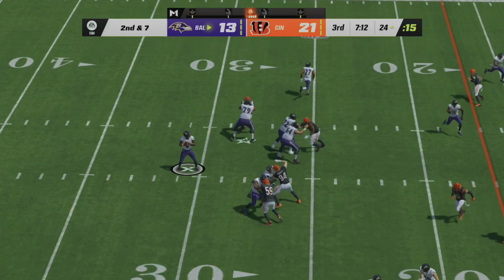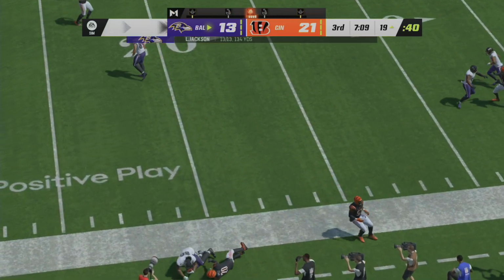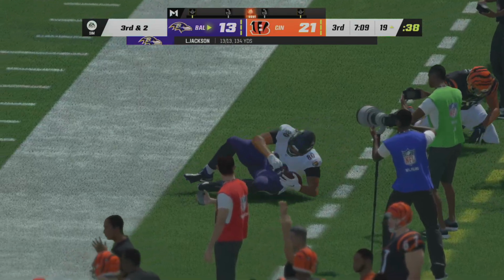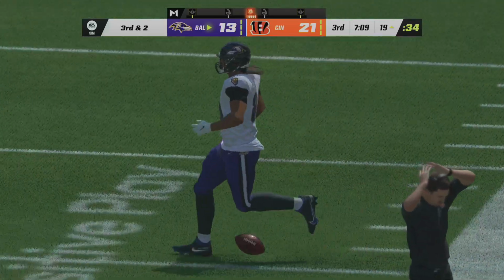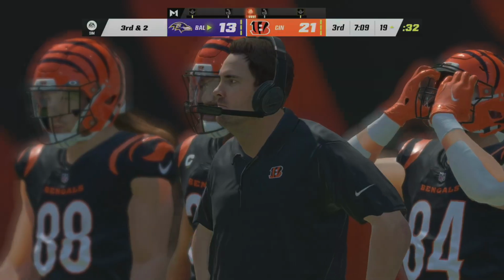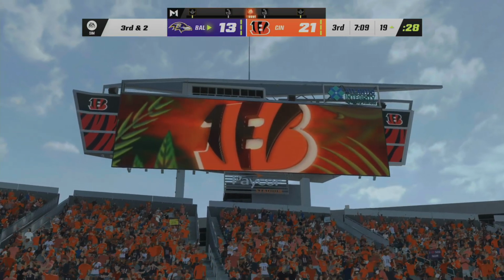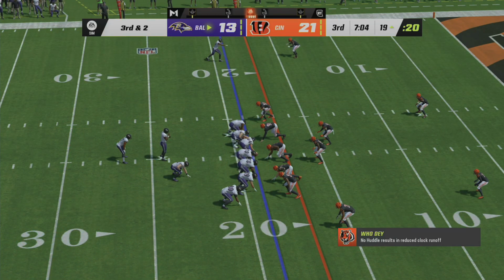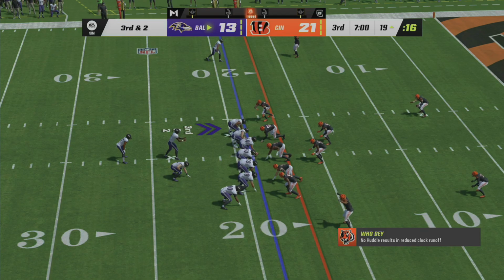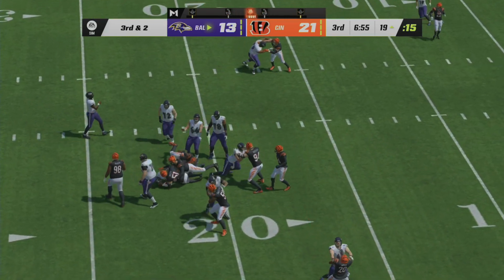And now Jackson will look to throw it. That's going to be complete on the sideline, but, you know, that throw left him no room to run, and the good footwork nearly all for naught. It'll be a gain of 5, and that's going to bring up 3rd and 2. I do have to admit, I like it when it all comes together. When the top part, catching the football, whether you're catching it with your hands or cradling it, comes together with the legs, in this case the feet, doing a little toe tap to stay in bounds and complete the catch. And a great